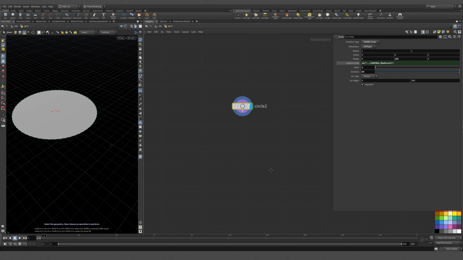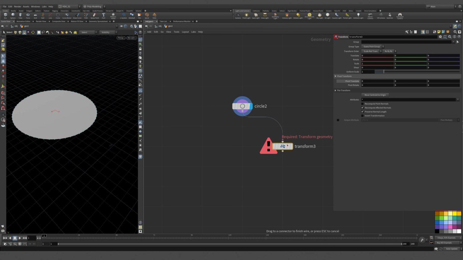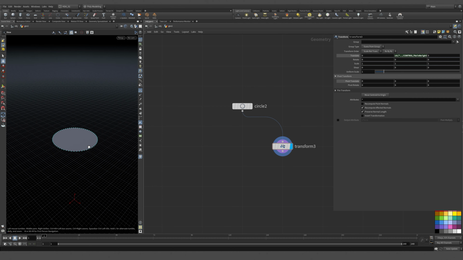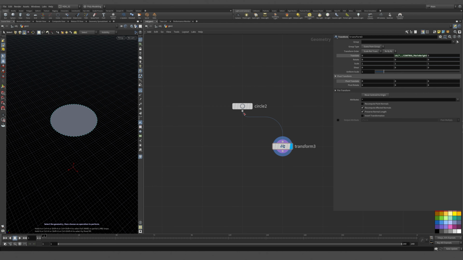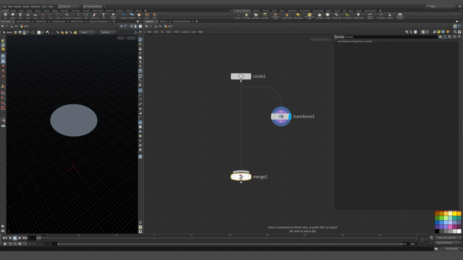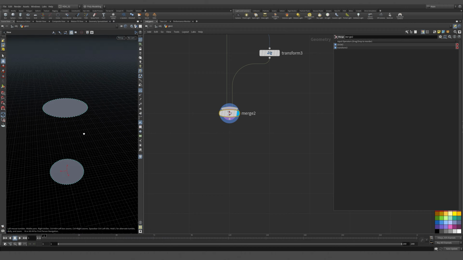Okay, so we want to do the same thing here, but we're going to do it a little bit differently. We're going to add a transform. And here in the translate y, we're going to paste that same relative reference. There it goes. And here's our NURBS, here's our transform. And now we could merge these together. We're going to have the same problem with the reversing. You'll see, I'll end up reversing that, I'm sure. And now we've got two NURBS